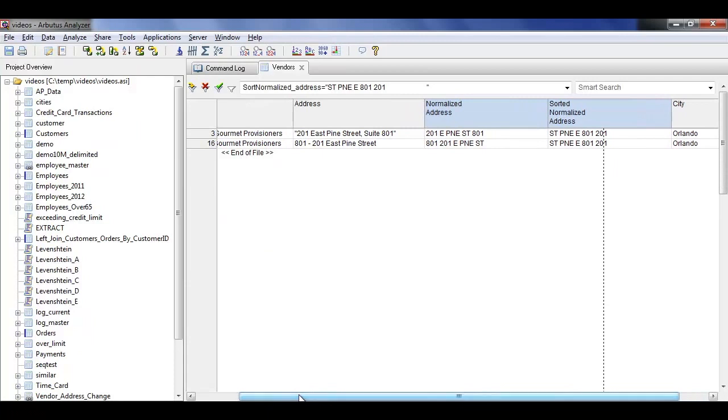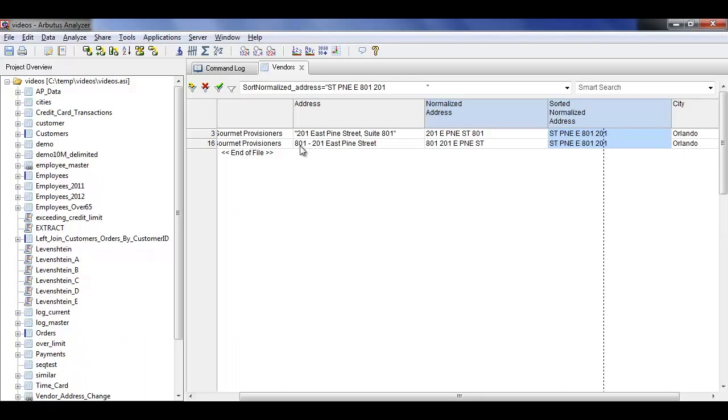So we can see here, this is how the data was originally stored in the file. Again, no way that's going to show up as an actual 100% duplicate if we just run a standard duplicates test. The normalizing of this data got it a bit closer, it's a bit better, but where sort normalize really can help would be in scenarios like this one, where you have a street address and a suite number